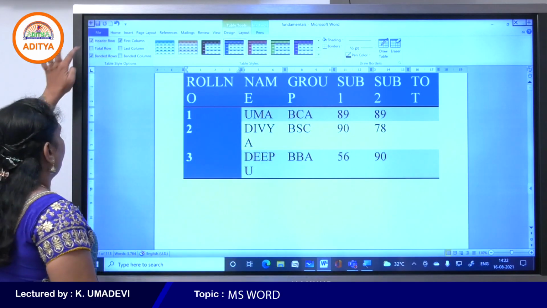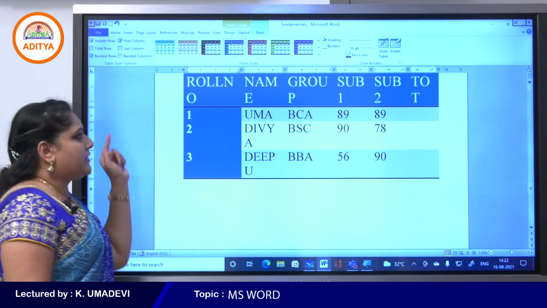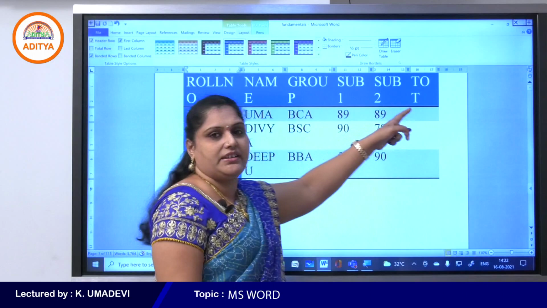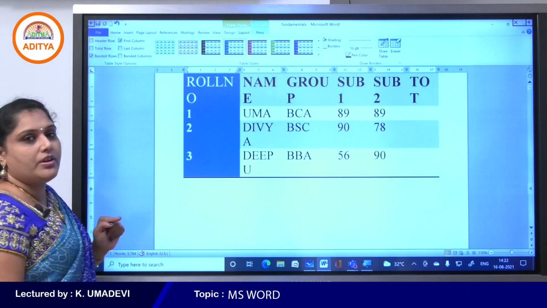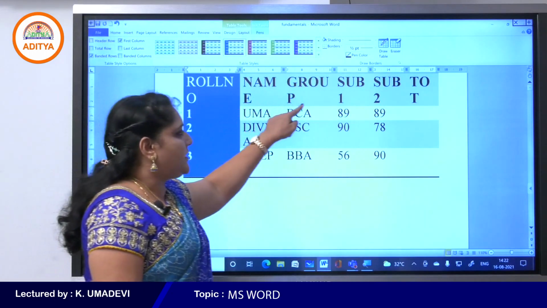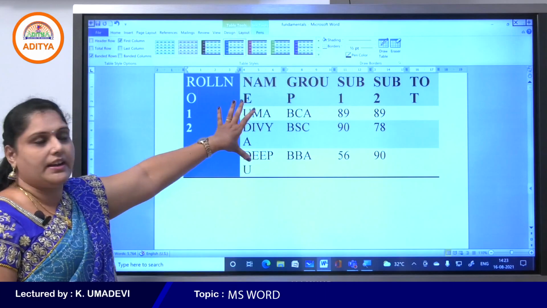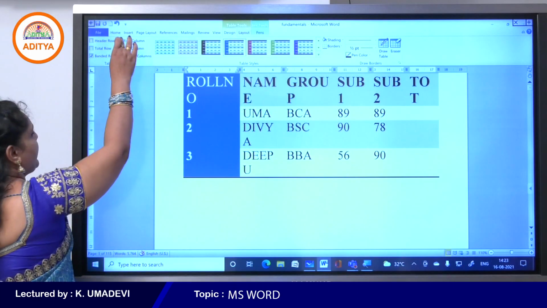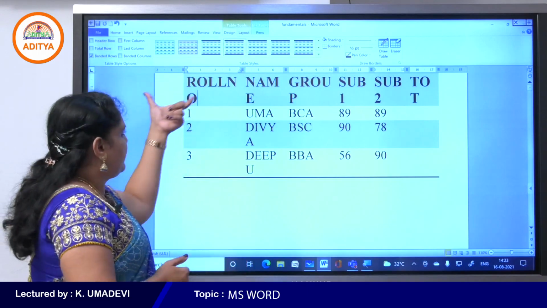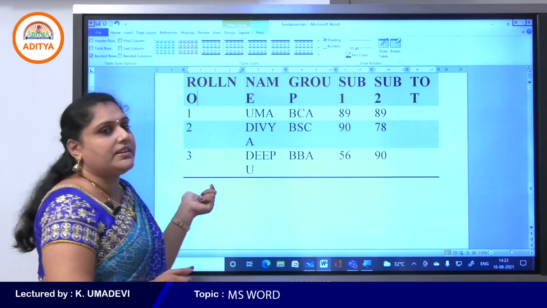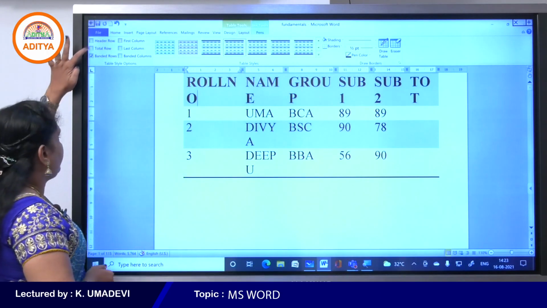See, when I select the header row, the header row has been colored here. Now if I deselect the header row, simply the first row is not getting any color. So now if I deselect the first column, see, previously the first column had been colored here. Am I right?